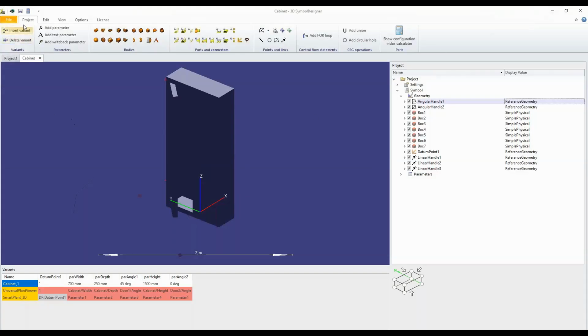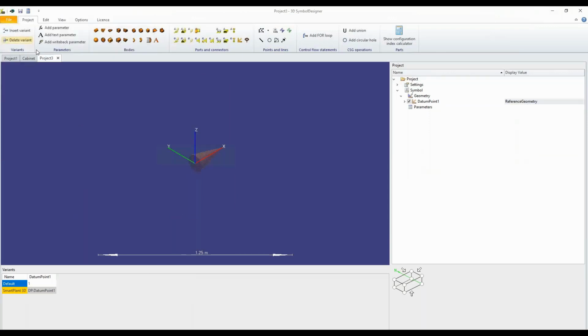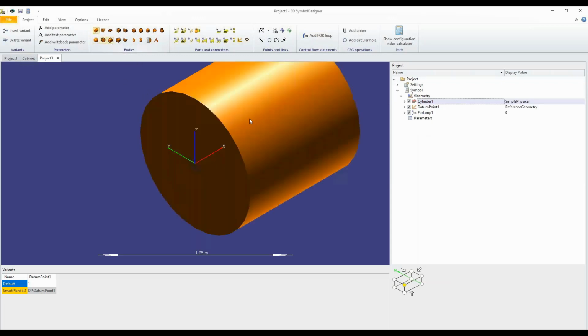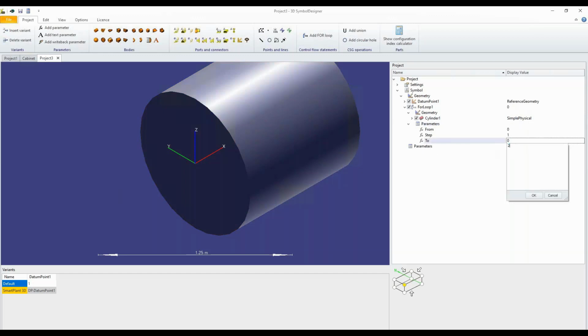In 3D Symbol Designer, we have the option to create a so-called for loop. So it's this button up here. So this for loop creates copies of objects. So let's just place, for example, a cylinder. So I can now drag and drop this cylinder into the geometry node of the for loop. And now it's getting copied exactly once, because this is starting at 0 and it's ending at 0. So let's create 3 copies. So I'm just counting from 0 to 2. So now I've got 3 copies of the cylinder,